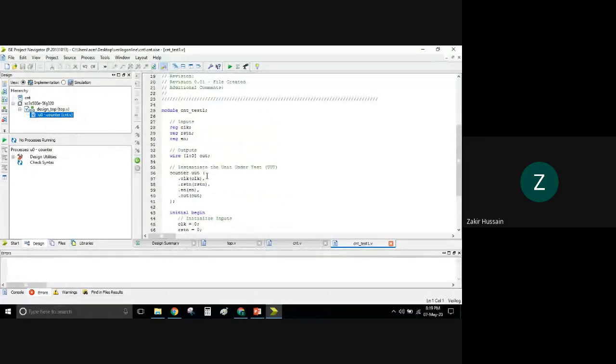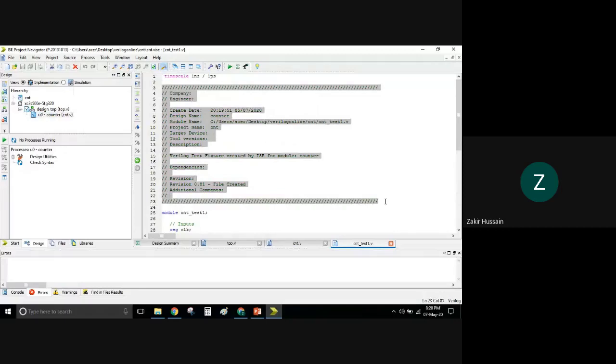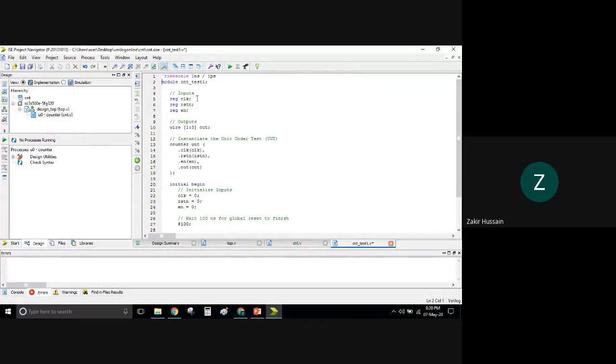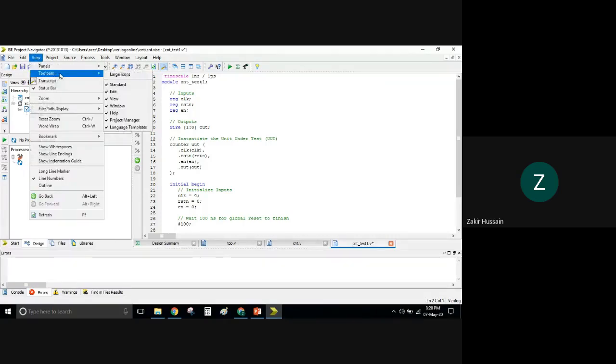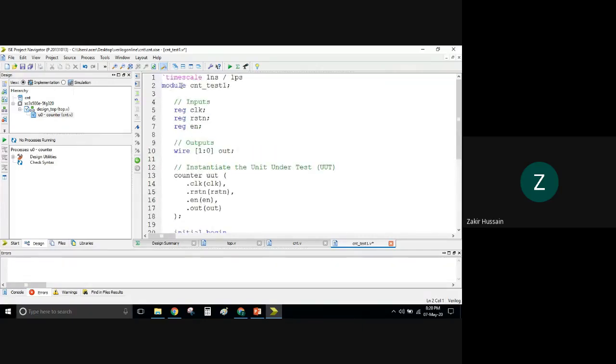I don't need to rewrite this entire portion. Let me remove this one, and let me put only this portion. Let me zoom here. So here you see module. The file name I gave, counter underscore test1, with that the tool has automatically generated the module name, and then you see all these inputs.